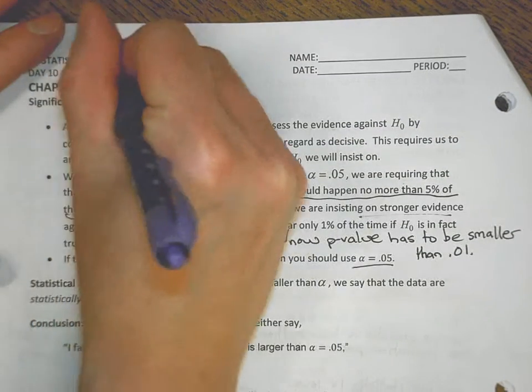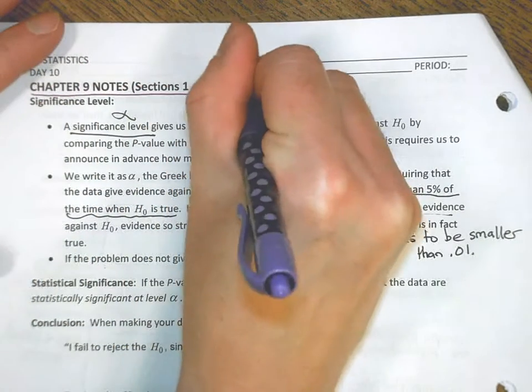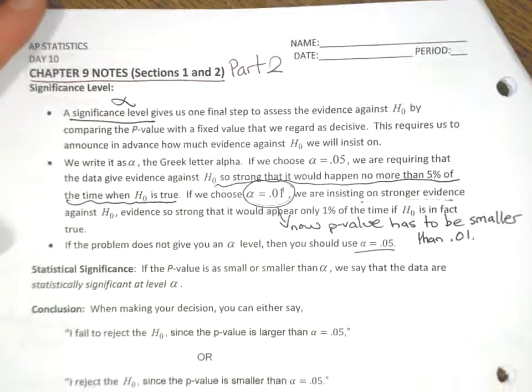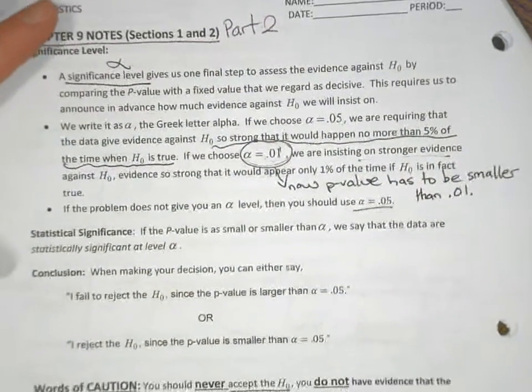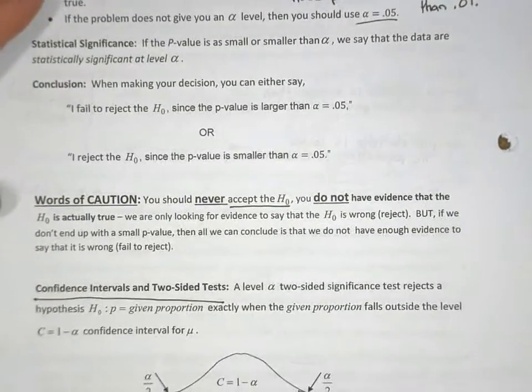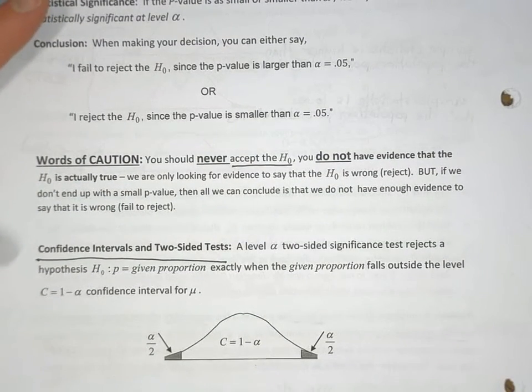Okay, this is the second part of the Chapter 9 notes for Sections 1 and 2. We've already gone through most of the notes. Just wanted to hit on a few more things. We've talked about the entire four-step process for the test. We were on words of caution, words never to use,